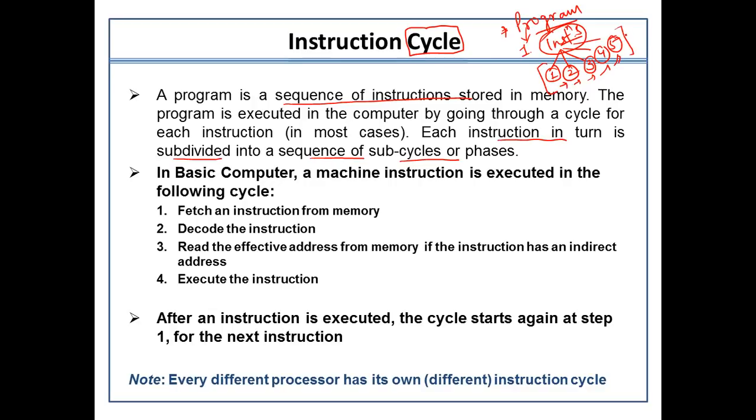I will continue with this same example. After performing the fifth sub portion of the instruction, when I am done with the instruction, what happens next? The second instruction has to start. The second instruction will again start processing from the very first sub component. Got it? Every instruction is divided into a certain number of phases. Once all the phases are complete for one instruction, for the second instruction we have to start from the very first phase.